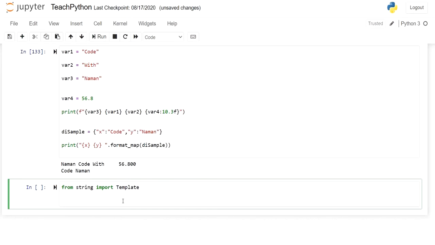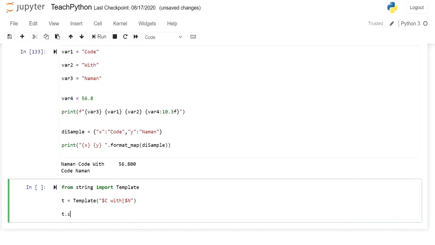So for example, t is equal to Template, and I will write here $C with $n. Now t dot substitute, I will substitute C equal to code.